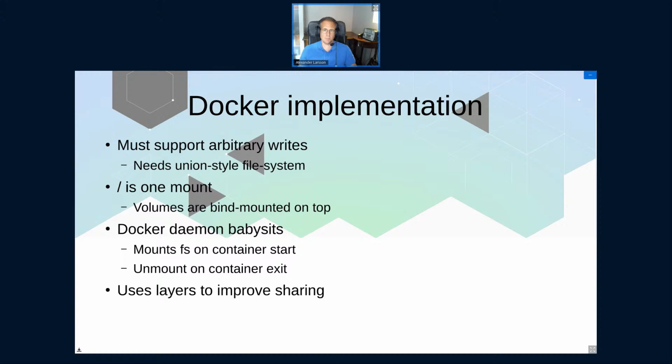This is mounted by the Docker daemon to set up the root, and then you root into it and start the container. And when the container dies, or the last process dies, you unmount this thing and clean up after it.